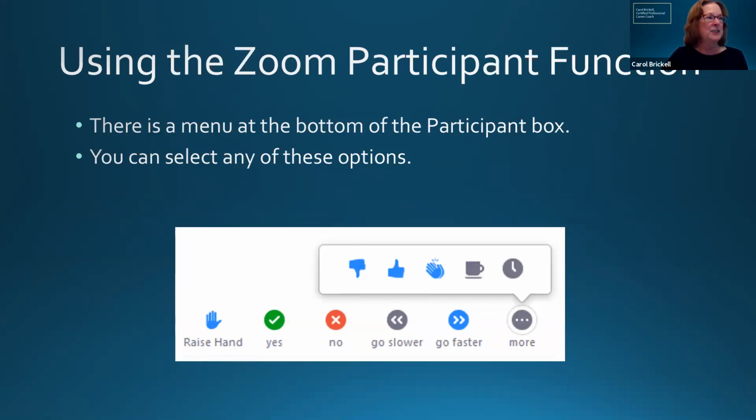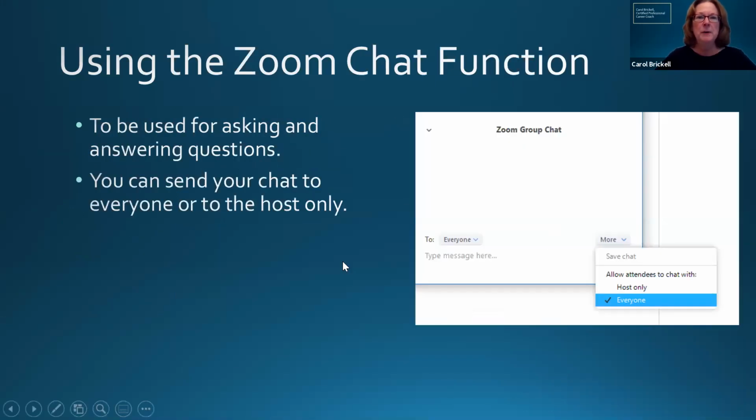Excellent. I'm seeing lots of green check marks out there. Good. And those in FaceTime, Facebook Live don't have that option, so that's fine. And then also, I'd like you to click on the chat function so you have that option available,